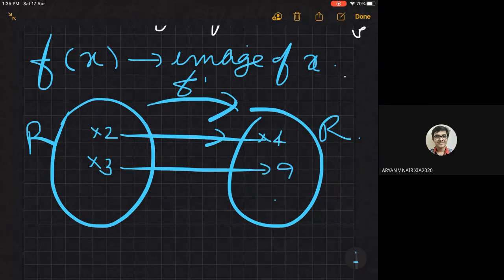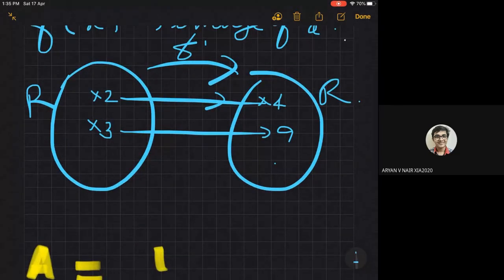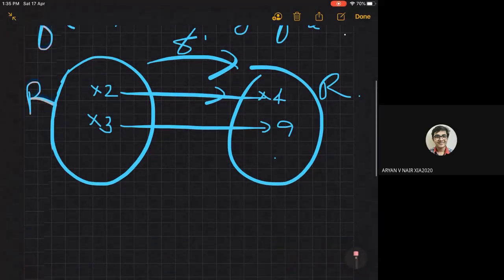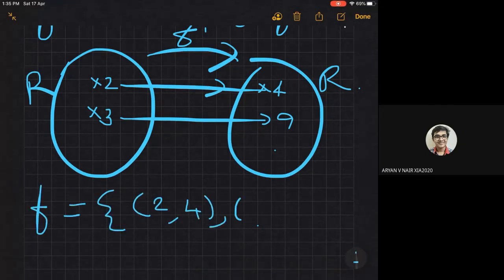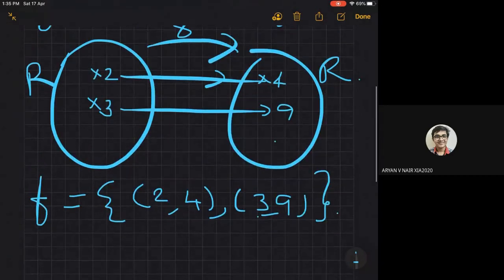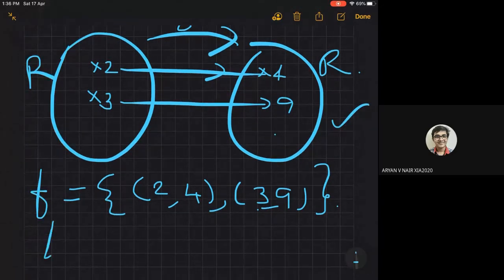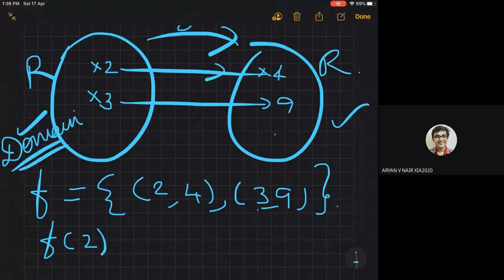So like that you have defined function last year, and different notations we have used for defining function, right? Which are the two different notations we use? One is that you can write the function in set form: f equal to {(2, 4), (3, 9)}. This is one of the ways we have learned function. Another way of expressing the same function is by talking about the image of all the elements of the domain. This is what is called domain, right? Which are the elements of the domain? It is 2 and 3.